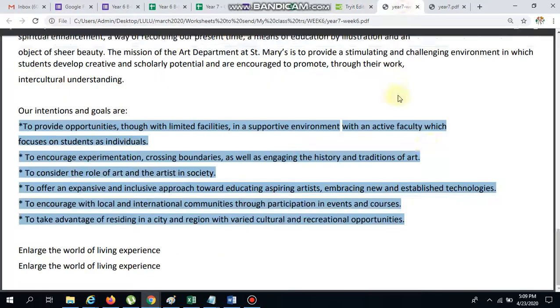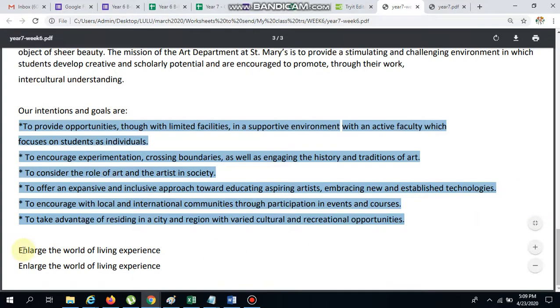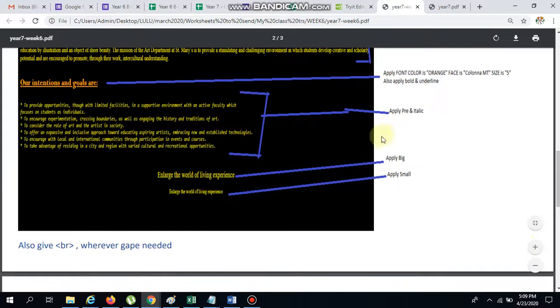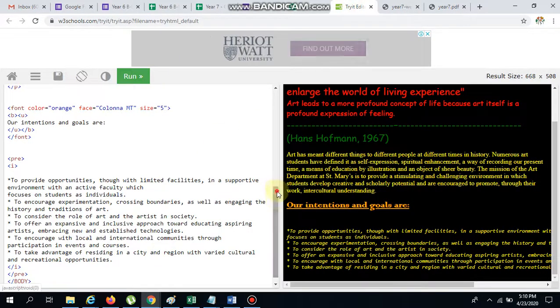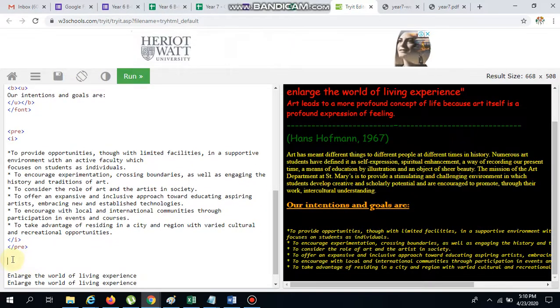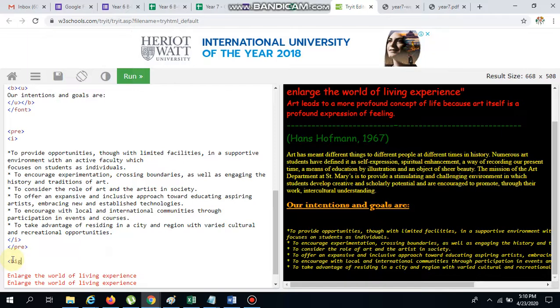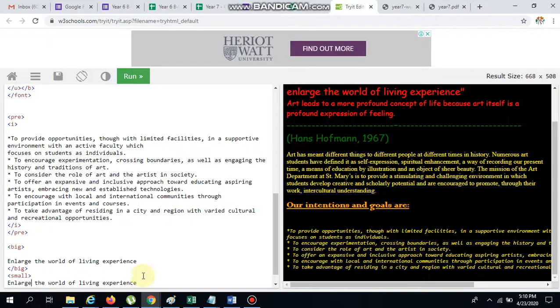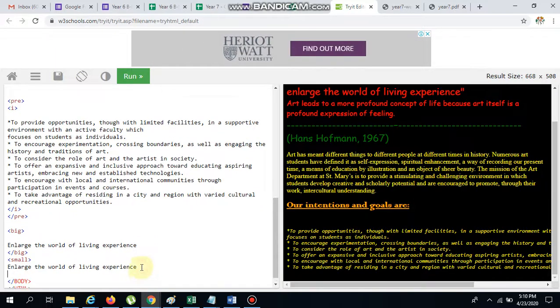Okay, then what is next? These two lines I have to copy. It's written apply big for the first one, apply small for the second one. So copy and paste here. The first line should get big, then big is closed here. The second line should get small, and small is closed here. Okay, that's it.